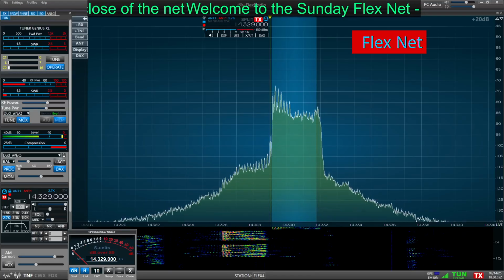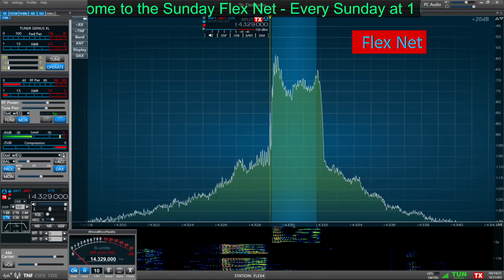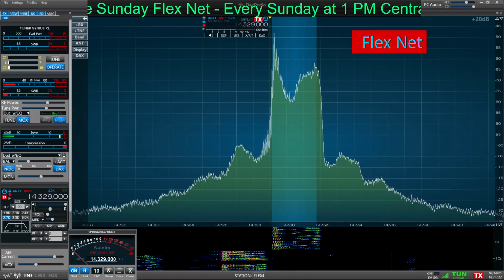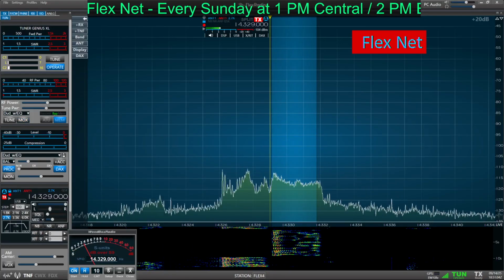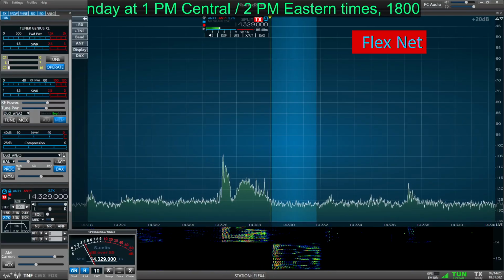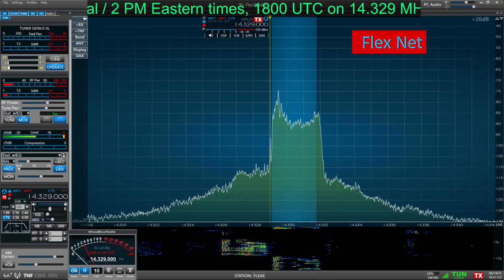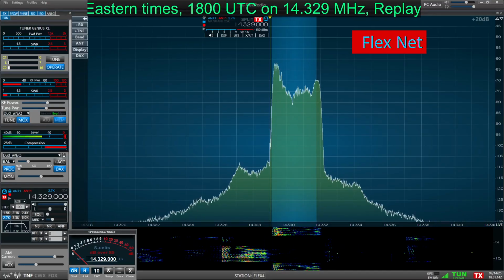Any comments, queries, or otherwise, check-ins? This is WA5QPZ, Net Control for the FlexNet. Well, I guess that's about the end of it. It must be football season.